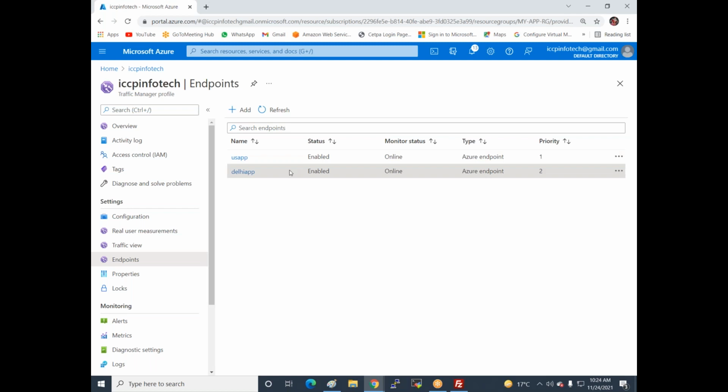So now you can see the enable option is available, but next time it's searching the app.